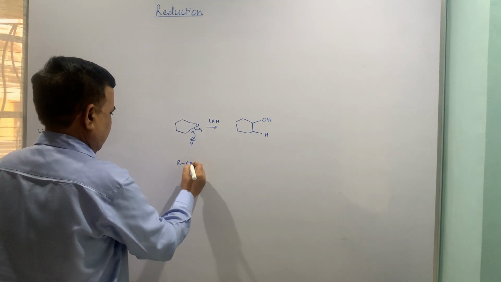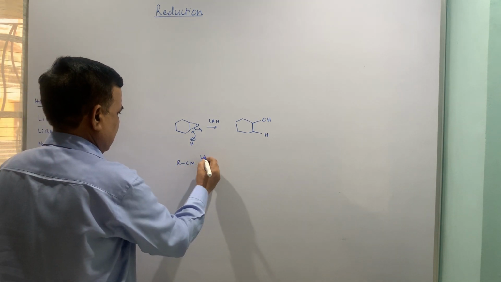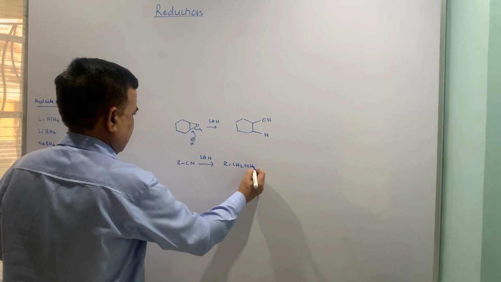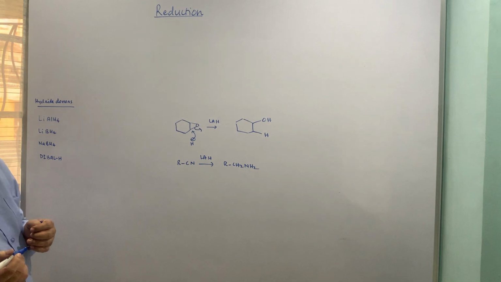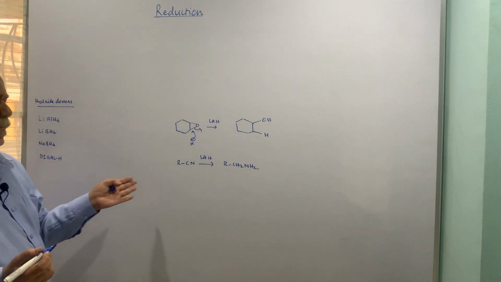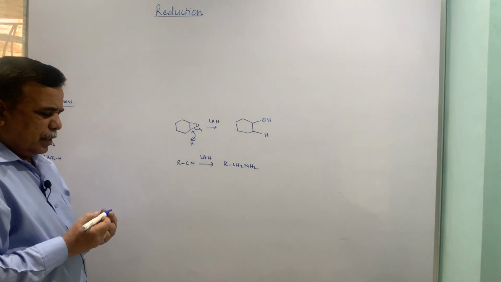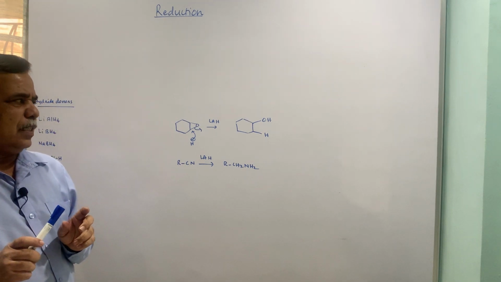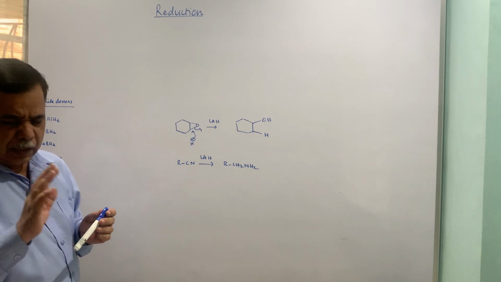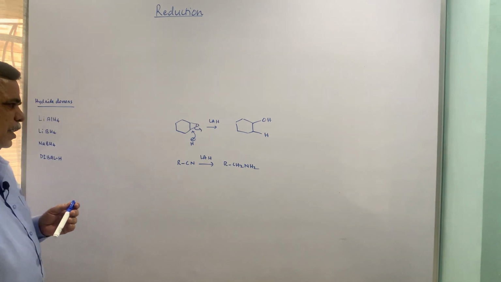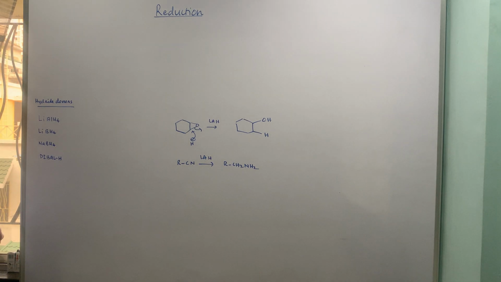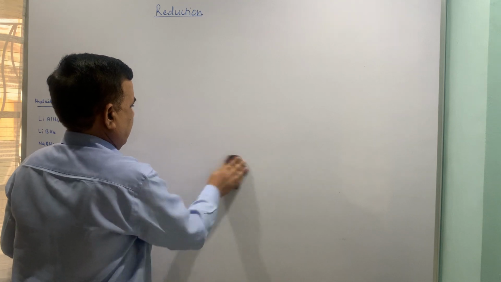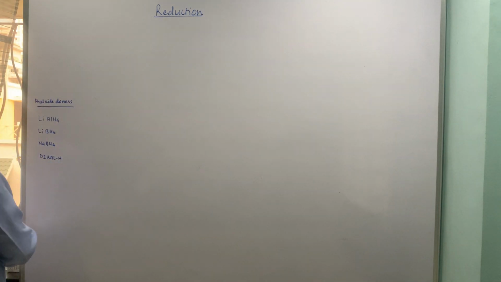If I start with nitrile, LAH will make it RCH2NH2 and so on. So there are so many applications. As I said, it doesn't react with aryl halides and isolated alkenes, otherwise it is reactive, and there is no selectivity for this reagent. So its use is limited, and therefore the derived reagents are more important.